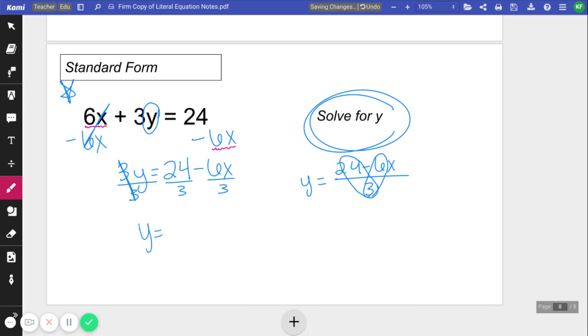So last step is to simplify. 24 divided by 3 is 8. And then I'm going to subtract 6x divided by 3, which would be 2x. So that would be my final answer solving for y. We are going to do